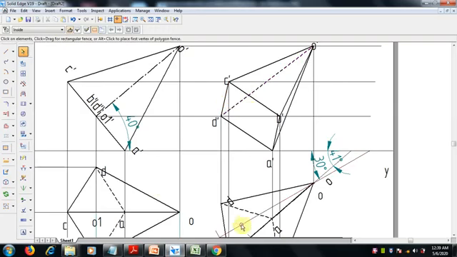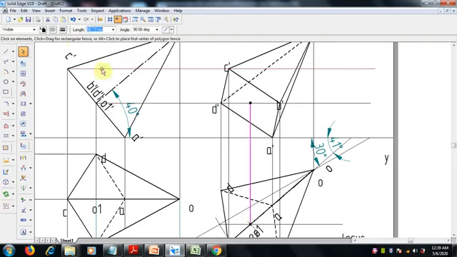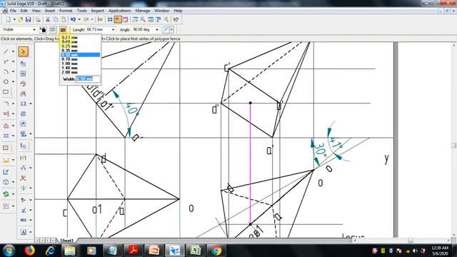Okay, and now a very important thing is the axis line. Here it is there. From here, this is the intersection point of the axis, and we actually have to draw a thin line. Select a continuous thin line.